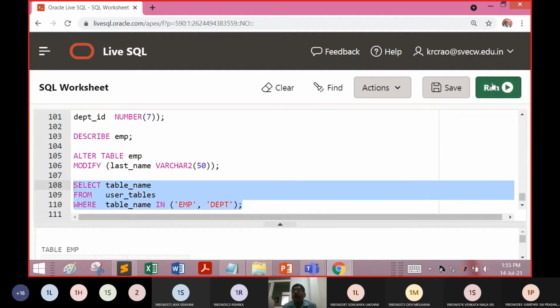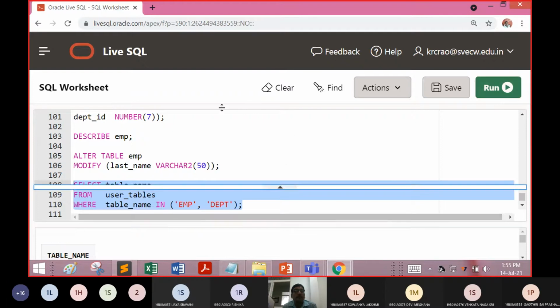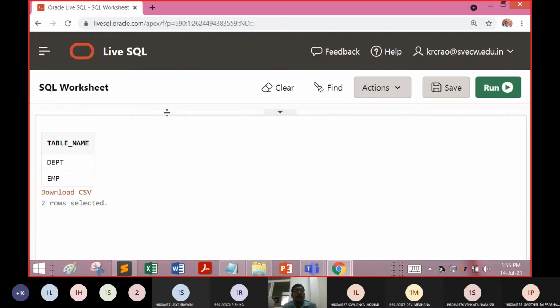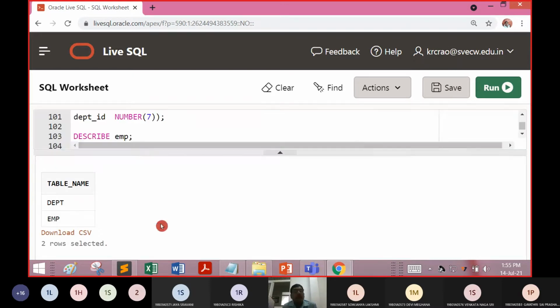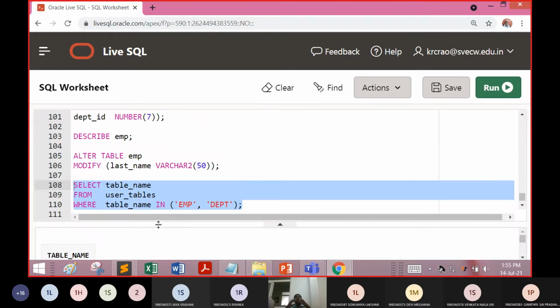In my Oracle cloud, I have tables named employee and department. This query checks whether some database is available in the Oracle server or not.